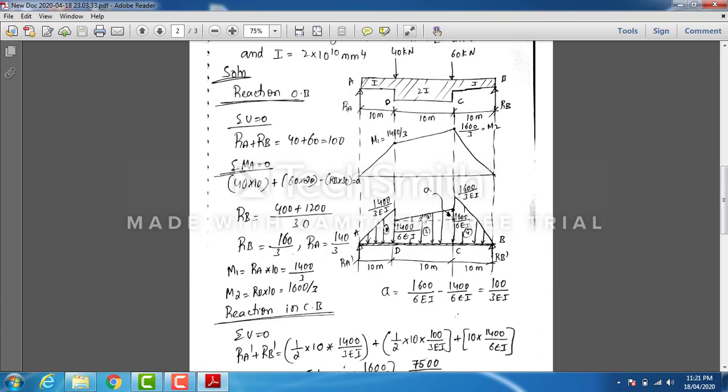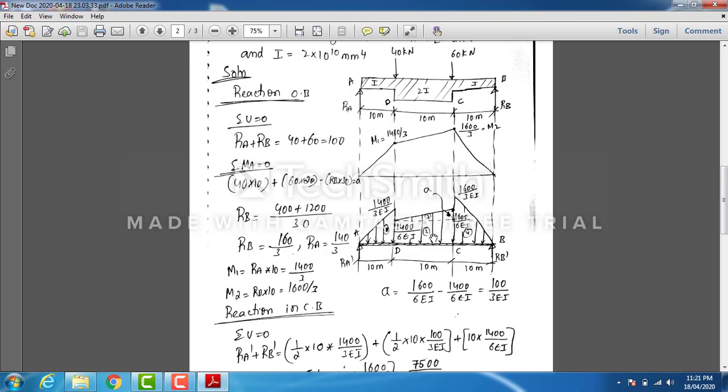So like that you got this M by EI diagram. After putting this M by EI diagram on an imaginary beam, it becomes a conjugate beam. So let me divide this into standard sections. This area is my area number 1. Here if I draw this area, draw a line, this height is